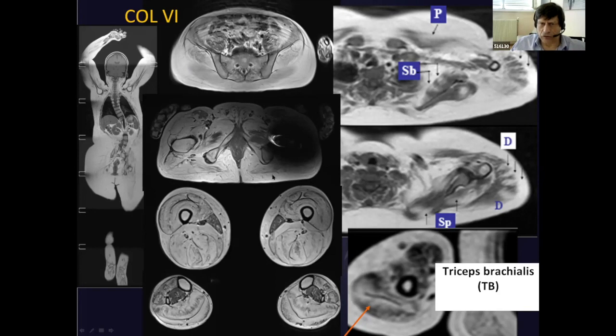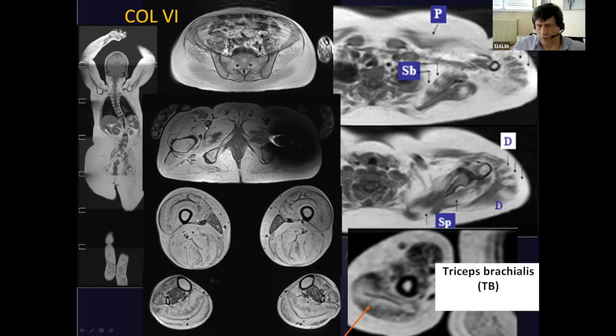In axial views, you are not able to detect some specific modification in the fatty replacement, but in soleus, for example, you have a band in the center part of the muscle. It is the same in tibialis anterior, the same in gluteus, in gastrocnemius muscles, and